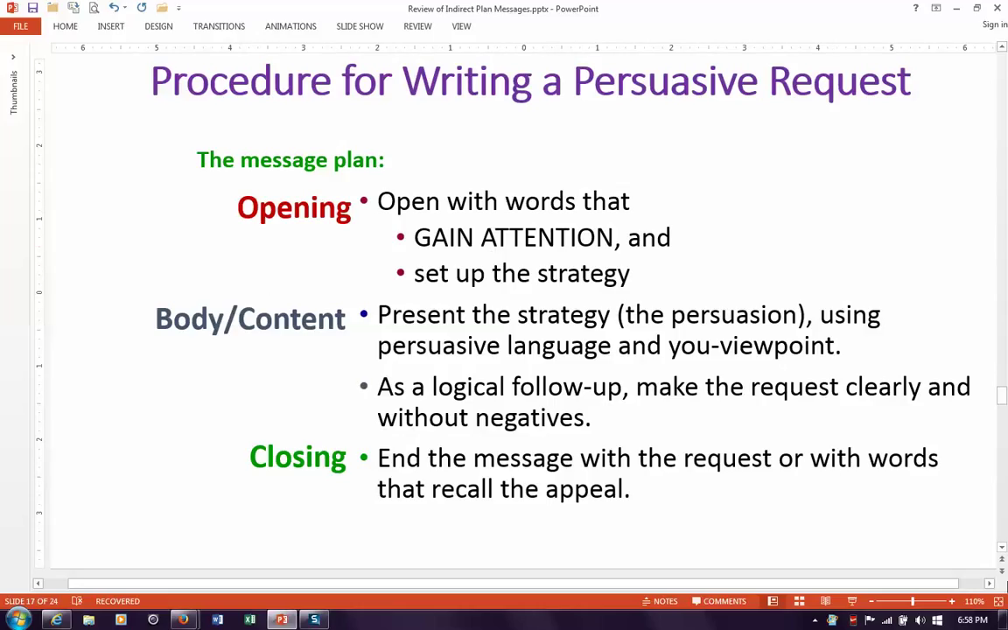Recall that appeal. And don't forget to talk about an action date. Okay? You always want to find out by a certain time. For instance, in the benchmark writing assignment, the persuasive request, you would like to have an answer before the next semester starts so that you can prepare, that kind of a thing. So I hope that helps